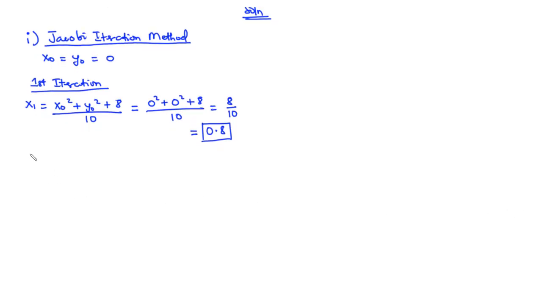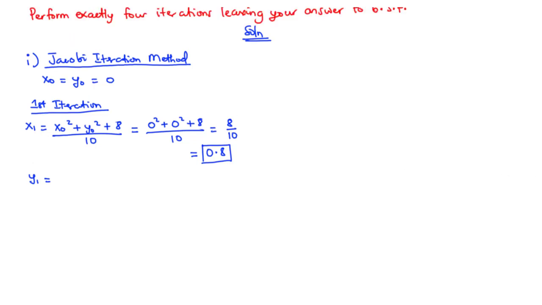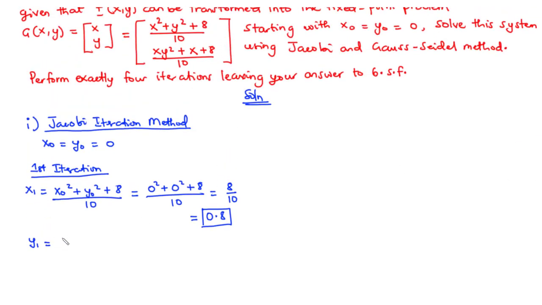So for y1, we also have the formula. Let's first of all pick the formula, that is x0 times y0 square plus x0 plus 8, all divided by 10. So that is also equal to, we have x0 to be 0, y0 to be 0,